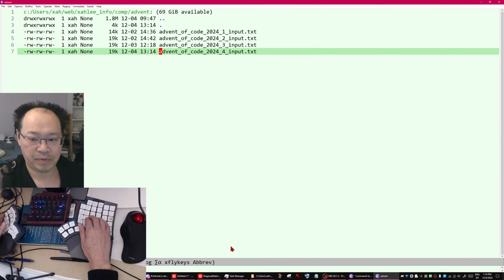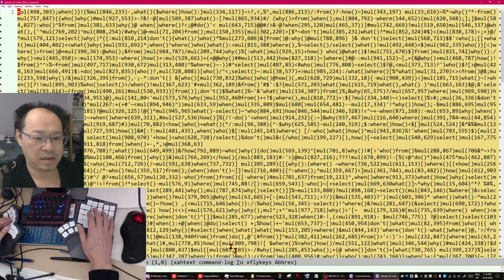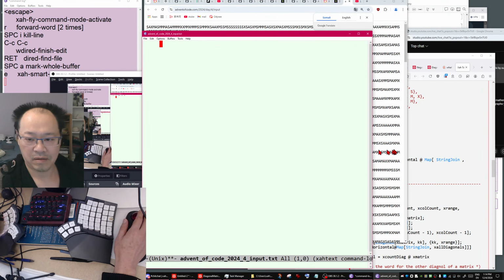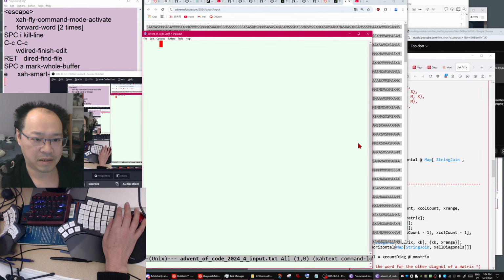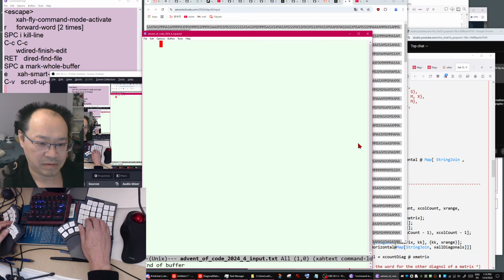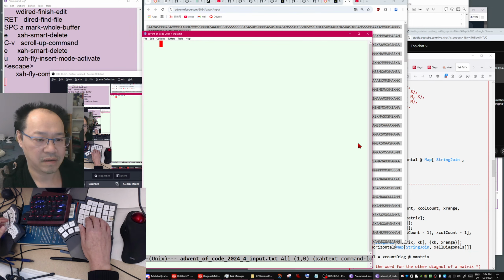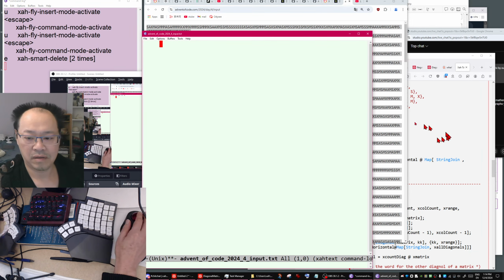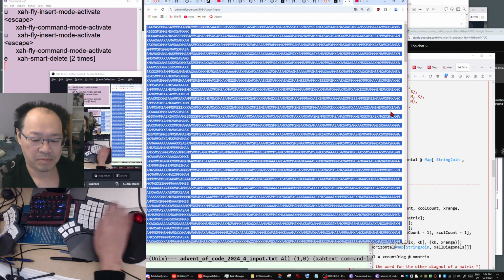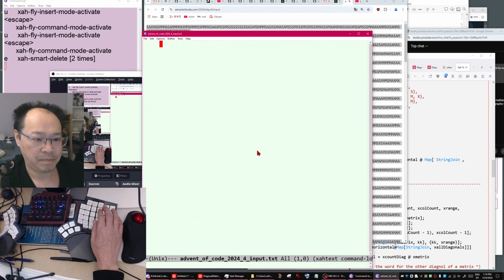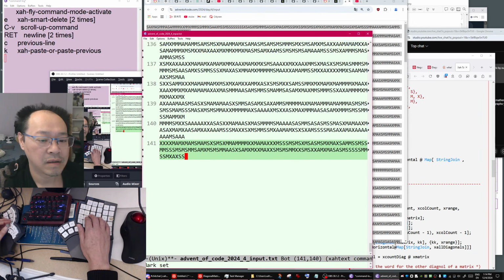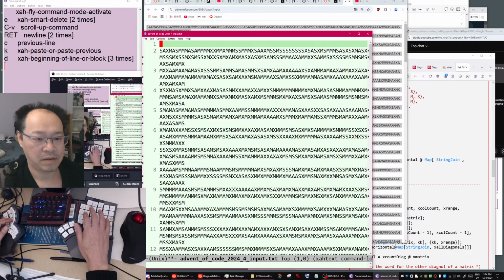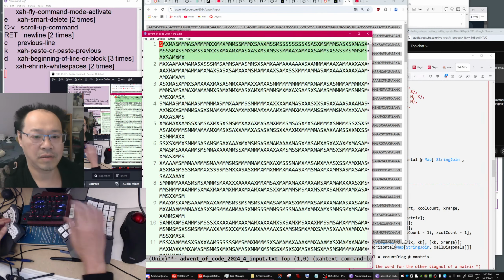Day 4 input. Open it, delete it, go back here, copy it back to Emacs, paste. Did we copy it? Copy, paste. Yeah, paste. Okay, so anyway, so here is the input.